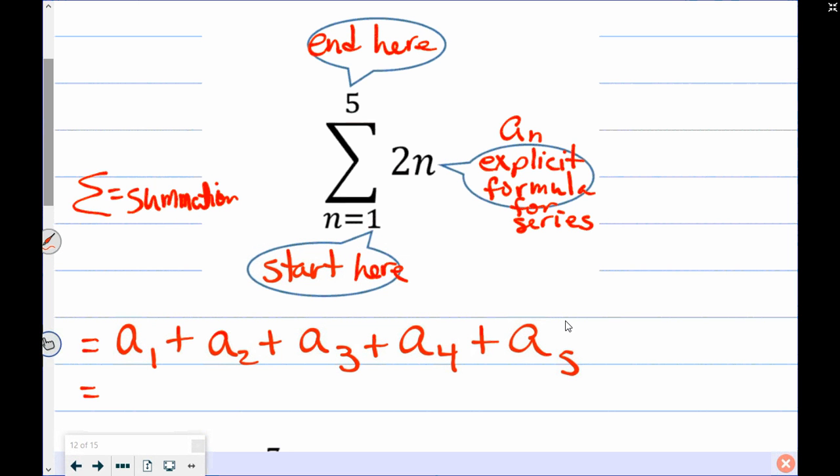And we are going to use our explicit formula to find those values. 2n. So for a sub 1, I take out the n and I plug in 1. Plus. For a sub 2, I take out the n and I plug in 2. Plus. For a sub 3, that's what I do. I take out the n and I plug in 3. And so on